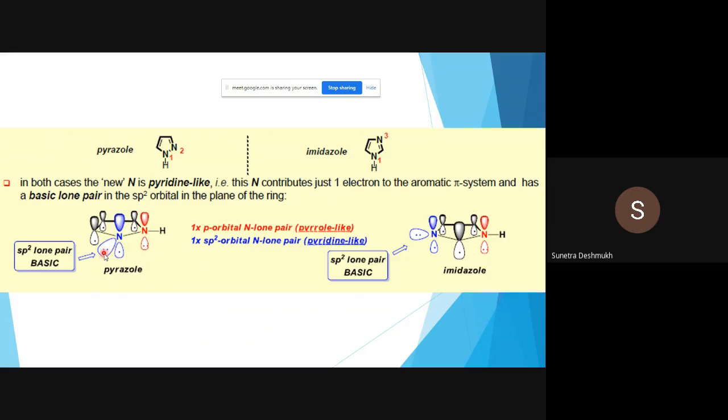The lone pair is easily available for protonation. The same thing applies in imidazole. Here you can see how this sp2 hybridized orbital is present perpendicular to these remaining p orbitals. So in that way we can see that this one is not in the plane of the remaining p orbitals, which are present on the